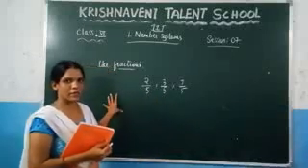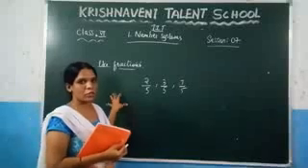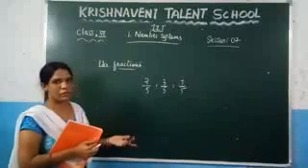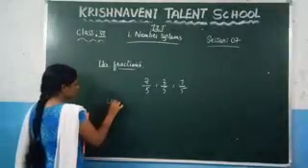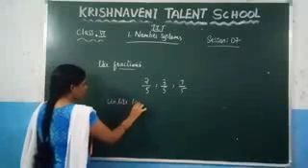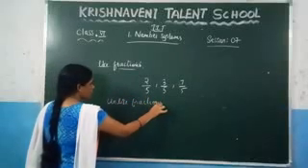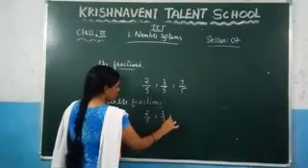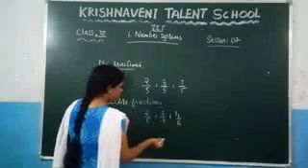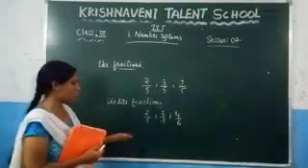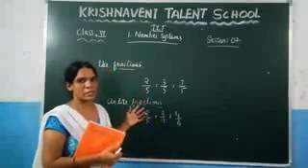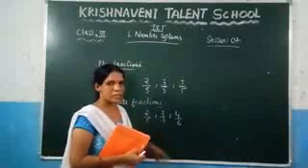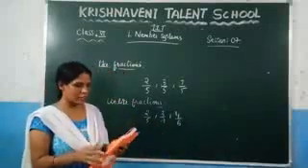So what is the meaning of like fraction? If in a fraction the denominators are equal, such type of fractions we call like fractions. The reverse, unlike fraction, is nothing but there is no condition about the denominator. Here you can state 2 by 5, 3 by 7, 4 by 6. These are all examples of unlike fractions because the denominators are not the same. If the denominators are the same, we call them like fractions, and if the denominators are not the same, we call them unlike fractions.